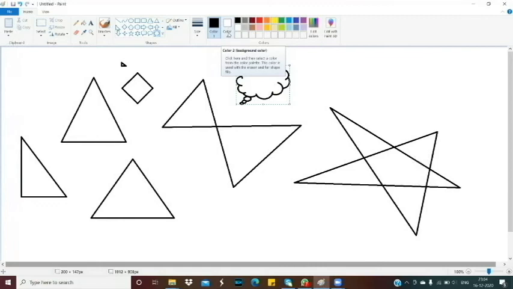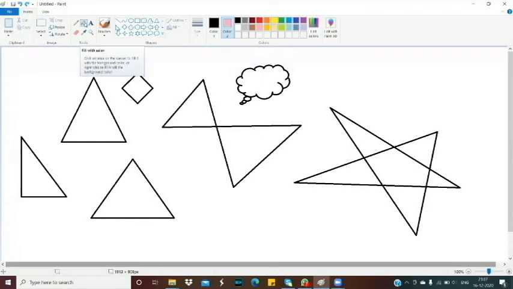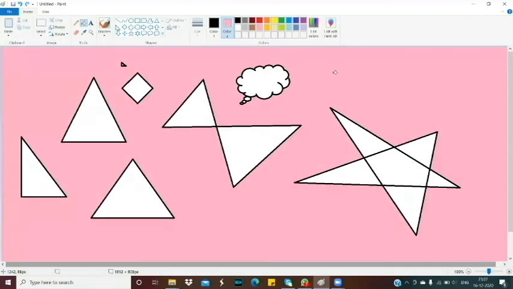Here this background, can you see this background is white color. If you want to change this background color, what do you have to do? Select that background color and select a particular color by clicking on it. Then take the fill with color tool. Take that one. Here you have to listen. You have to click the right button of the mouse. Right click the mouse. Background of that page will be filled with the selected color.